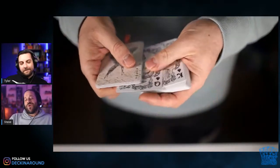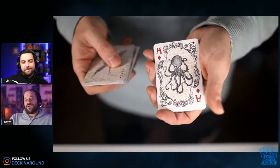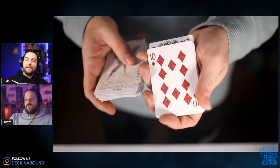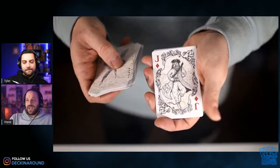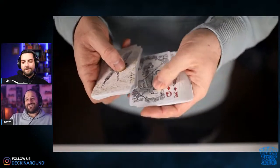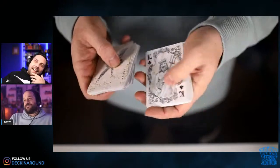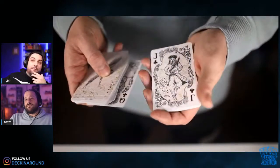But the one problem I have with this deck is the court cards are pretty much the same. I think there's a couple that are different, but it looks to me that they're all the same. The queens are the same and most of the jacks. That's the only thing that bummed me out, and that's why I'm kind of like, did we make the right decision? But I gotta say, this definitely is a fully custom deck, more so than the Podu, as much as Podu's